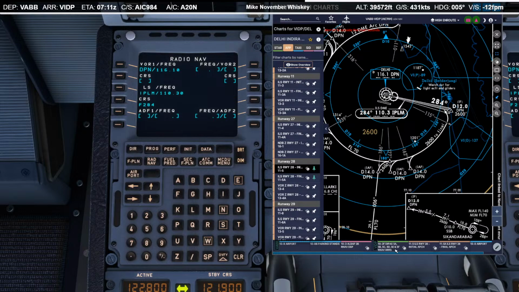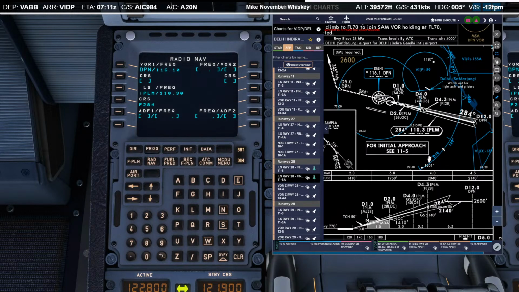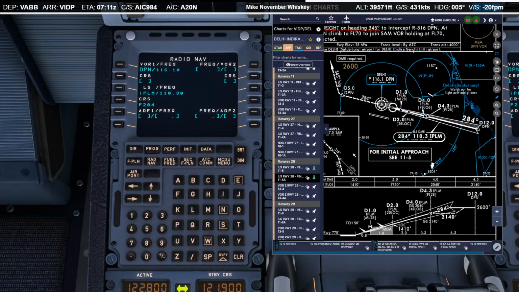And that final course, should we need it on the final approach, is 284. 284. Okay.